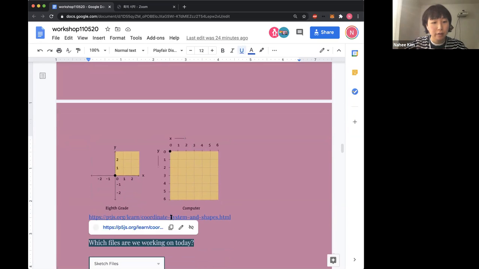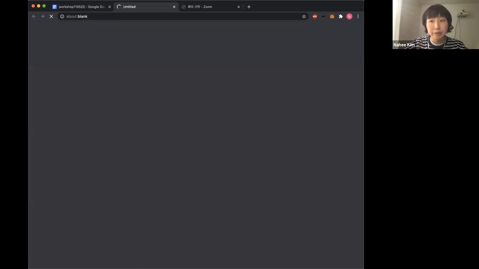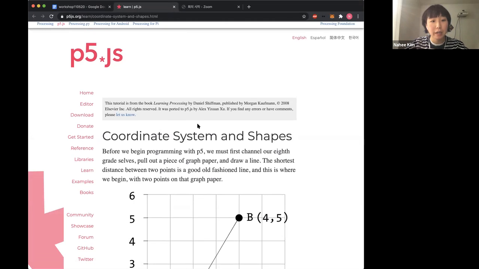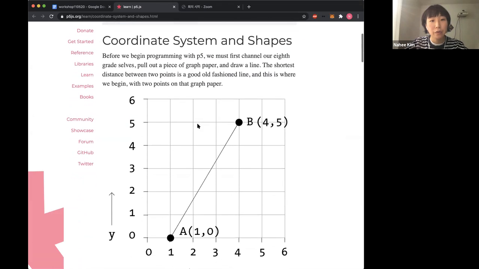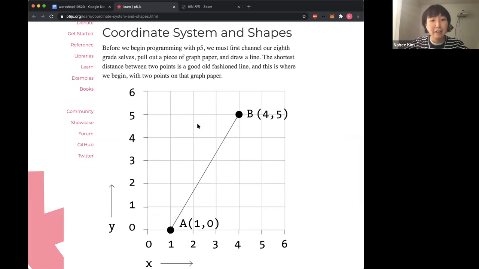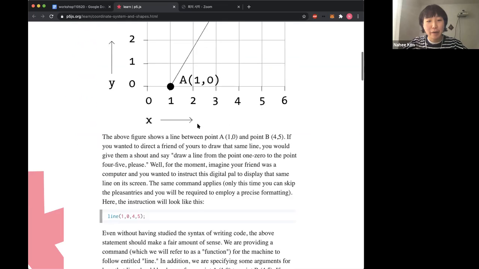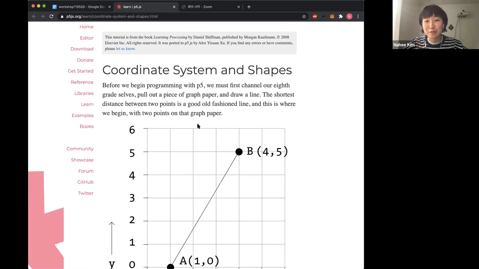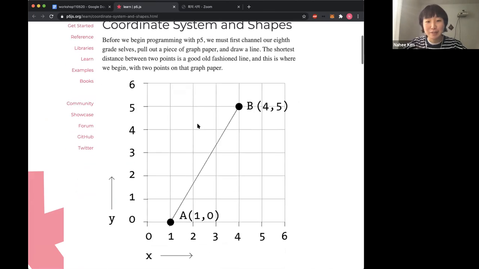So let's open this p5.js page covering the coordinate system in general. They said people learn this coordinate system from mathematics in their 8th grade. I'm actually not sure if that's right because I'm not studying in the United States. I wasn't studying in the United States when I was in 8th grade. So anyway,